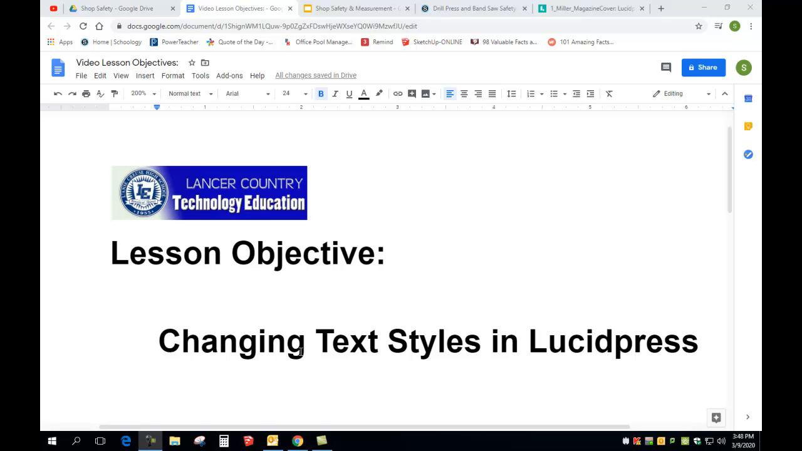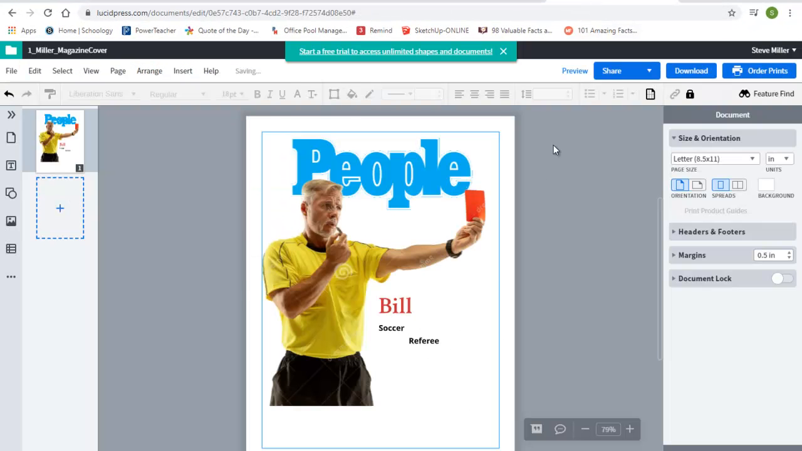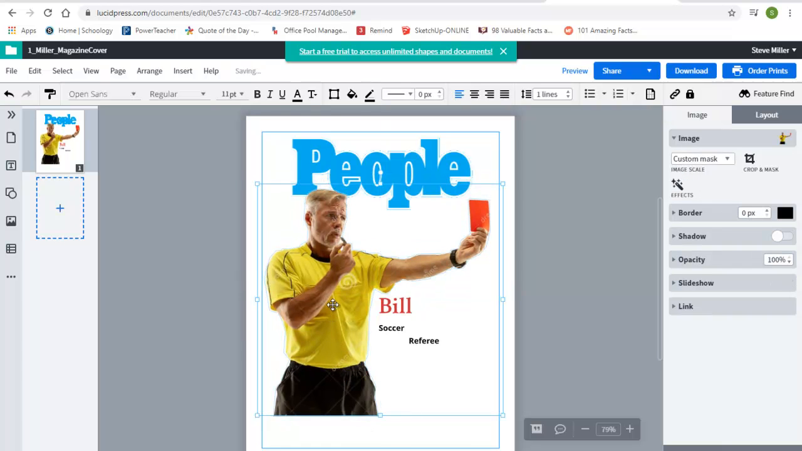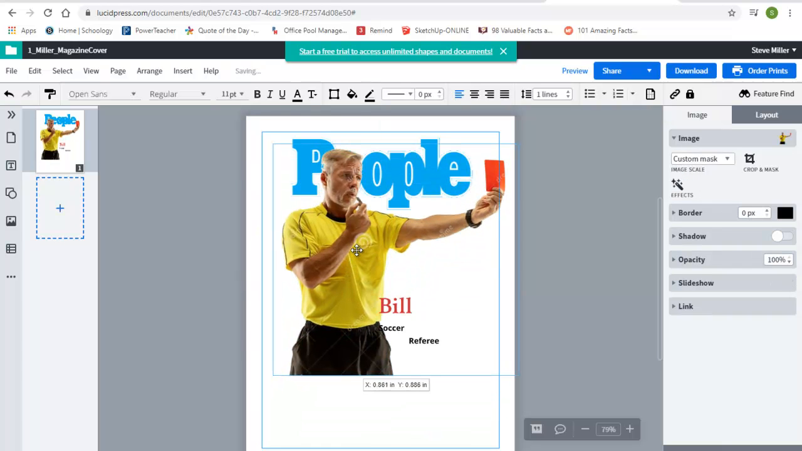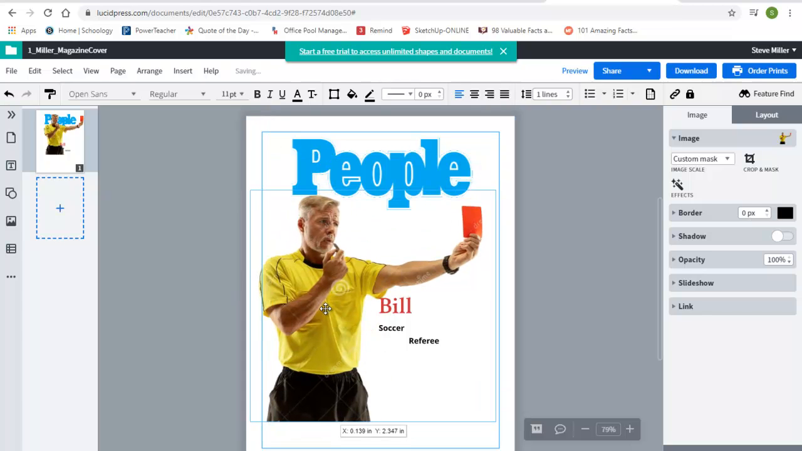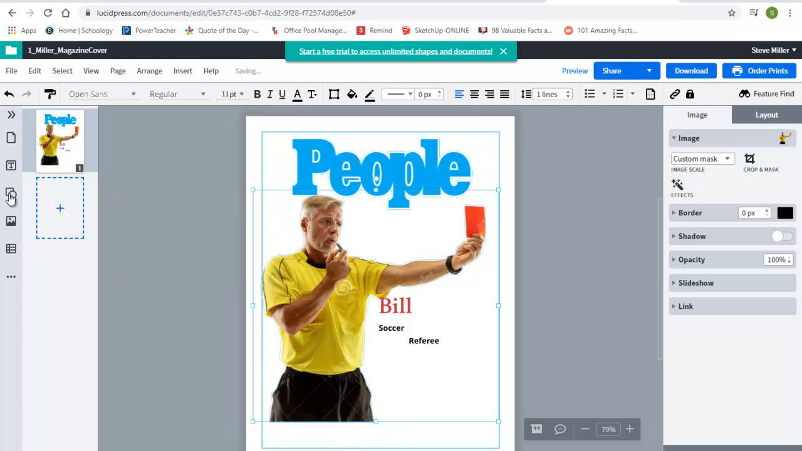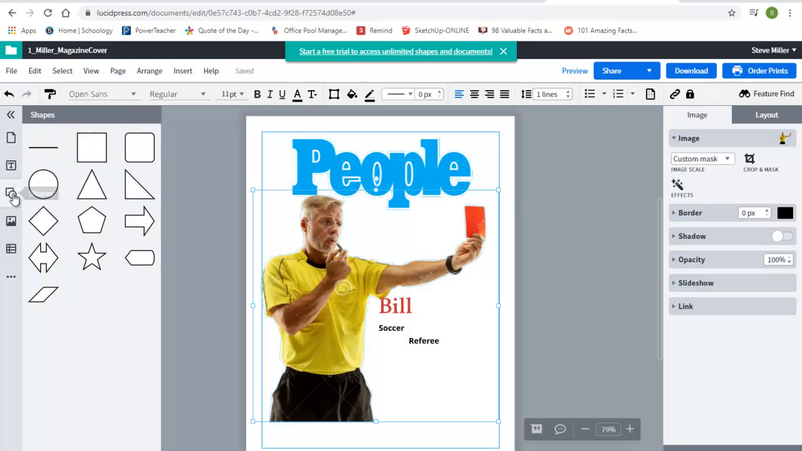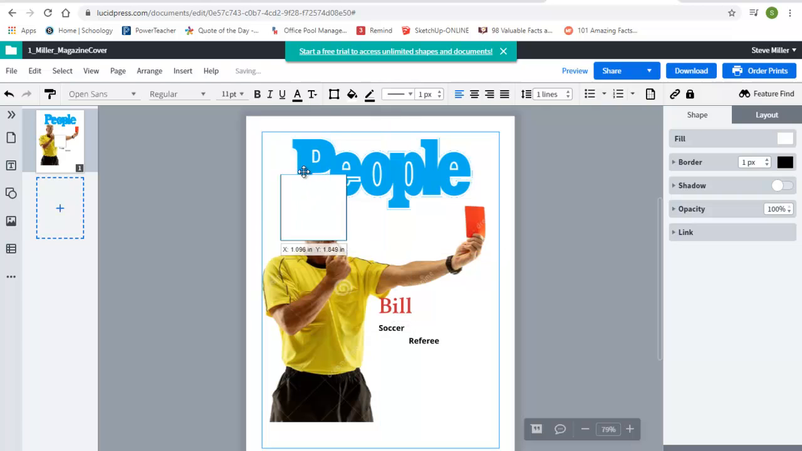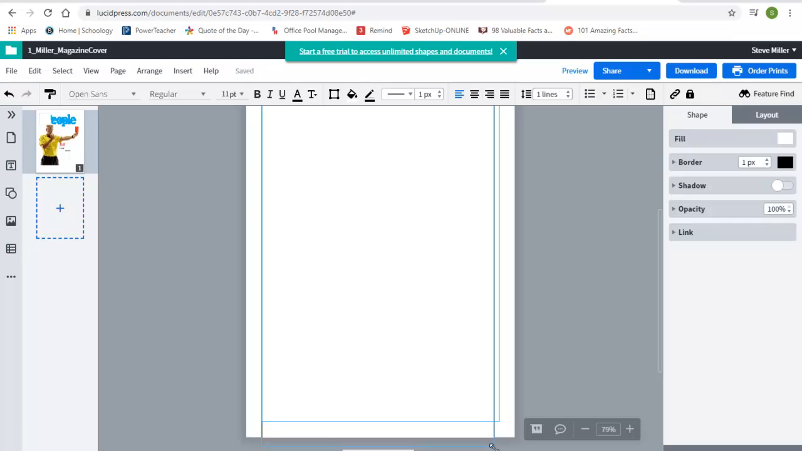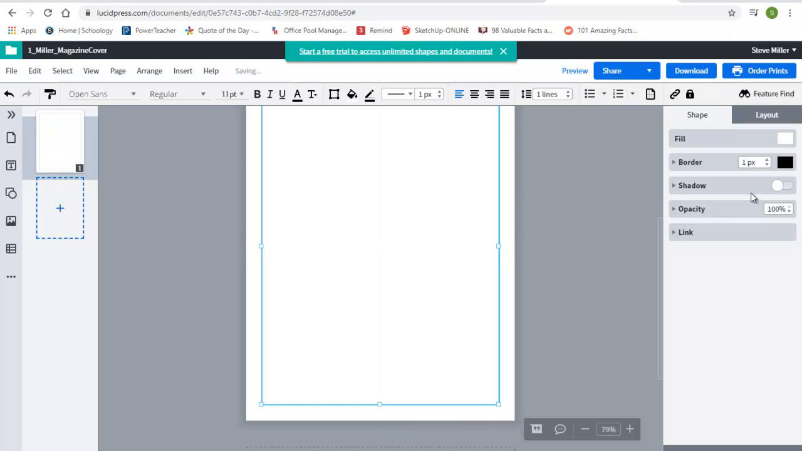In this lesson, I'm going to teach you how to change text styles in Lucidpress. So I have a Lucidpress document open here, and I've got People magazine, and an image with a clear or transparent background of the soccer referee. Just to simulate a background of a different color, I'm going to place a rectangle in here, resize it, and place it, and you see over here, this is where we're going to be concentrating this